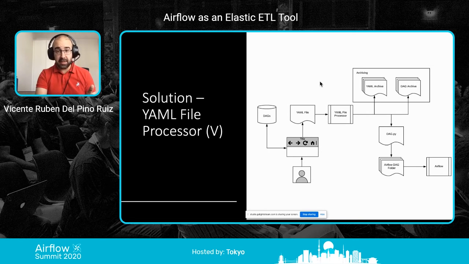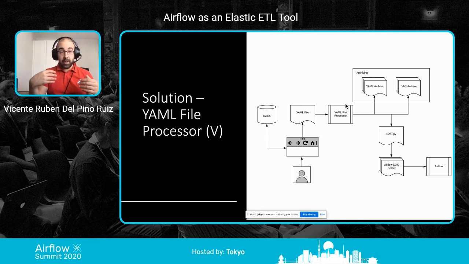Once everything is archived and we have the old version of everything, we trigger the YAML file processor. This YAML file processor, if you remember the YAML file that I was showing, is really, I'm not going to say trivial, but it's a process that is very easy to do. I'm sure many of you already create a very repetitive DAG programmatically. Using the information in the YAML file, generating the Python file with the DAG is quite easy